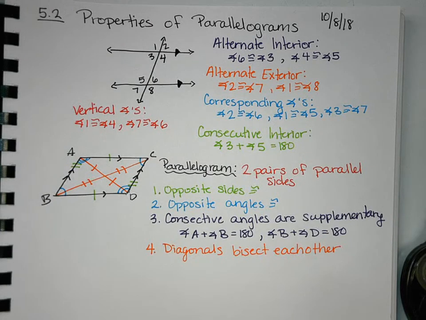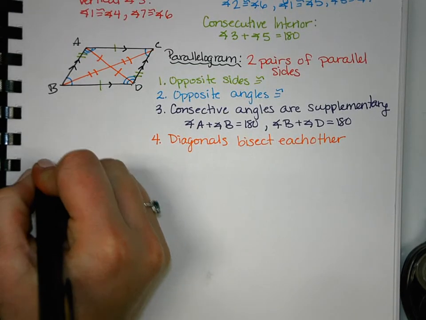So we're going to go through 4 examples where we have to solve for x, but we also have to state which reason lets us solve for x. So in other words, which of these properties is helping us find out what x is. Okay, so if we look at our first one here,